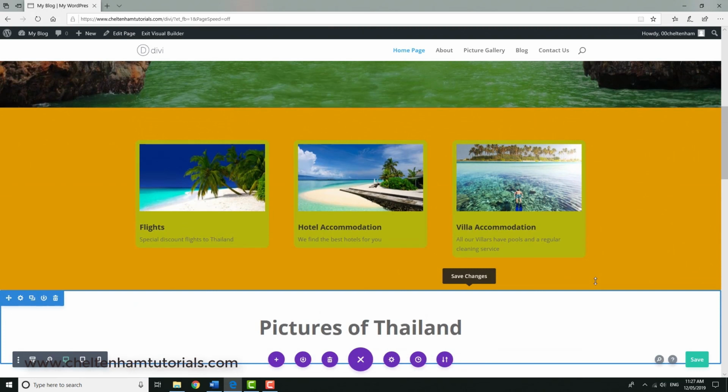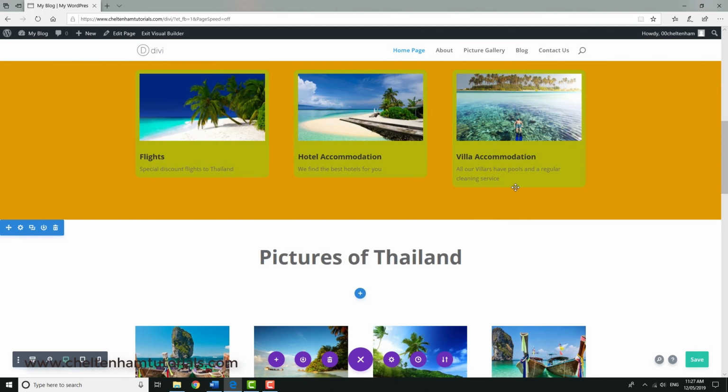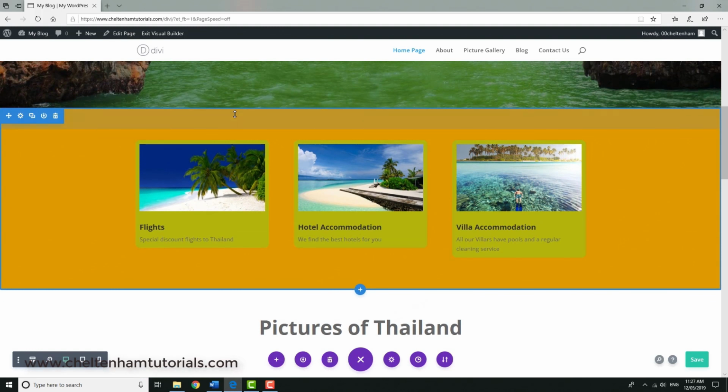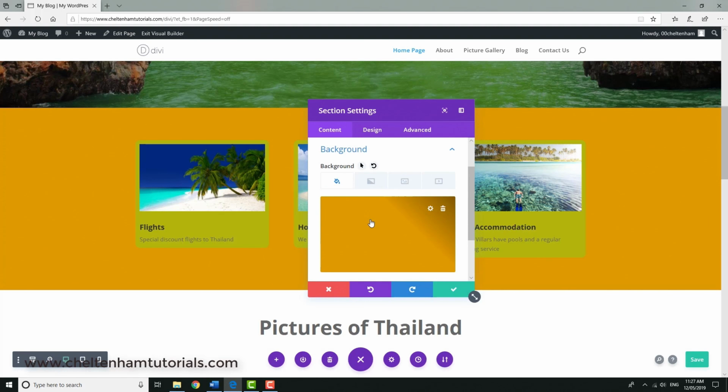And as you can see, that is purely applied to this particular section. Obviously we can do the same for the other sections. So that's kind of okay, but it could be better. So we go up here and let's change this. Let's go to the section settings, background, and instead of a solid color, let's click on this thing here, which